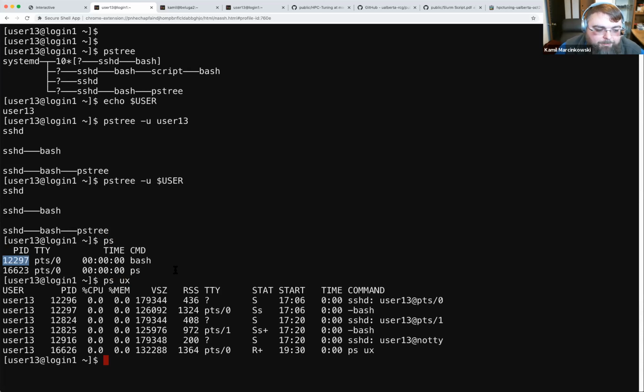It can have different options. Each process has a user, a process ID, and in this case, how much CPU and memory they use. RSS is actually resident set size, how much memory. In this case, when it started, and how much time it's been spending in the command that's running. In fact, this ps command sees itself. So when I run this ps command, its process ID was